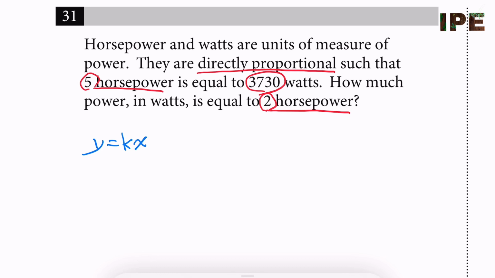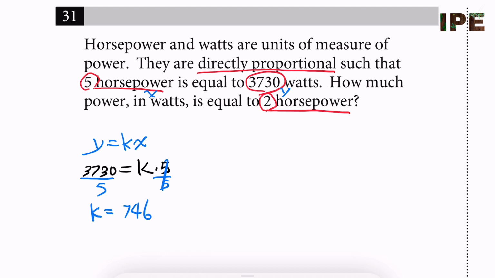Suppose horsepower is x and watts is y. Then plug in the given information. So what is that? 3730 watts is equal to k times 5. So what is k? You have to divide by 5. So the value of k is equal to